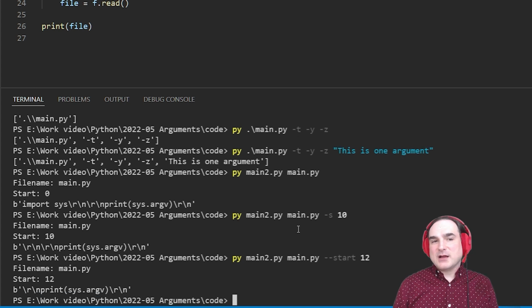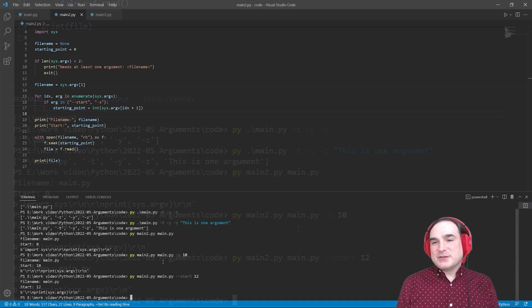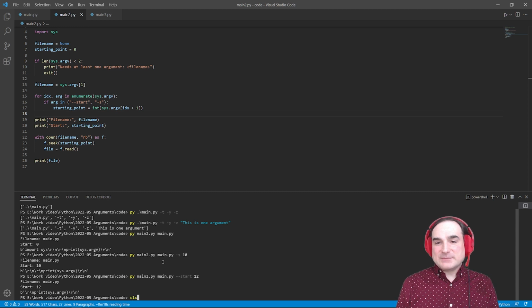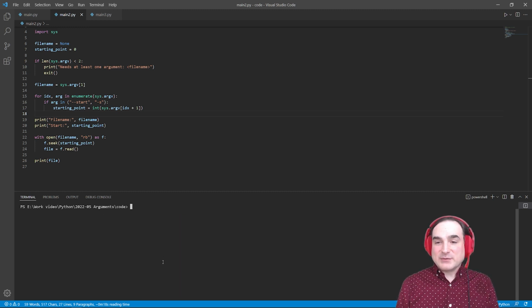Now, many of you are probably thinking, well, this doesn't trap things like an invalid value for the start position argument, or any other number of nitpicks you could make about this admittedly simplified code, and that's all true. The thing is that using sys.argv is a quick and dirty and handy way to grab command line arguments and do something with them, but you are pretty much on your own doing something useful with the results. You have to build a lot manually around it, and that can be tricky.